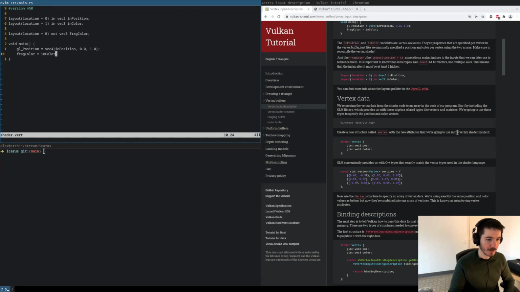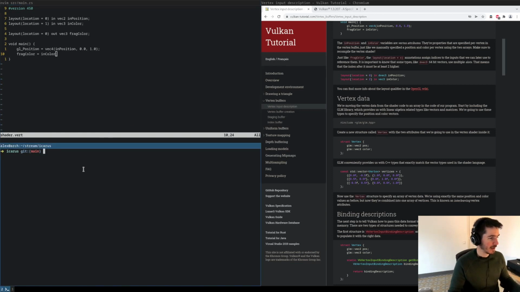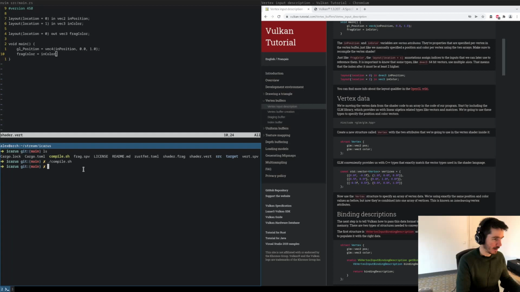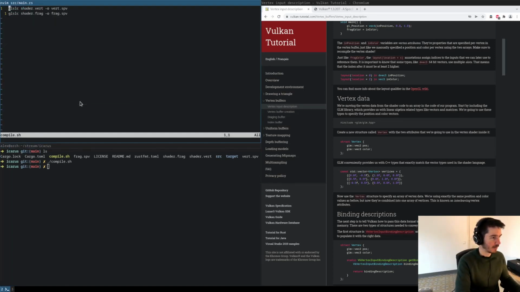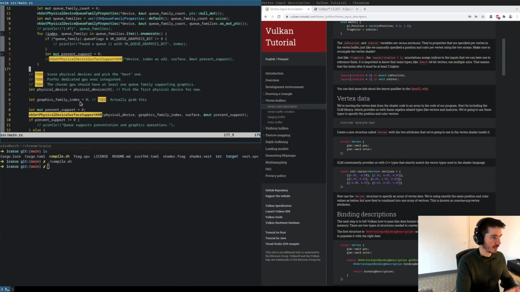Vertex data. We are moving the vertex data from the shader code to an array in the code of our program. Start by including the GLM library, which provides, okay, we're not gonna use the GLM library. And by the way, we need to recompile the shader, so compile. We have this script which simply invokes glslc to compile the shaders. Then